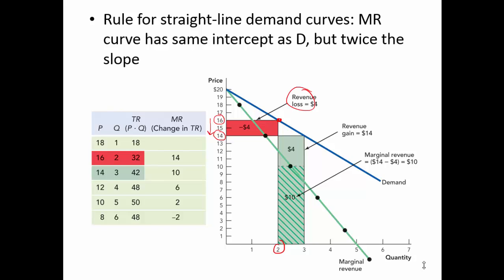They're going to gain an entire extra unit of output, an extra sale. And on that unit, they're going to gain the whole 14, the new lower price of 14. So they get plus 14 minus 4. Marginal revenue is 10. And notice that marginal revenue here at 10 is less than price, which is 14. Okay. And this effect continues to be the same. As price continues to go down, marginal revenue continues to be less and less. And the rule is, for straight line demand curves, the marginal revenue curve has the same intercept. It hits the price axis at the same point, but twice the slope.